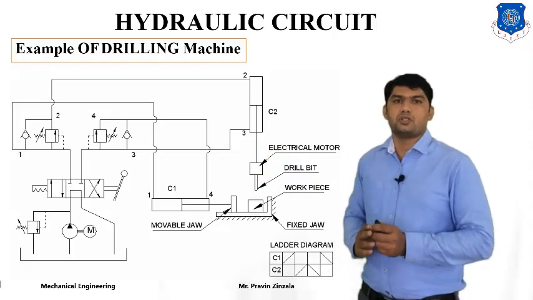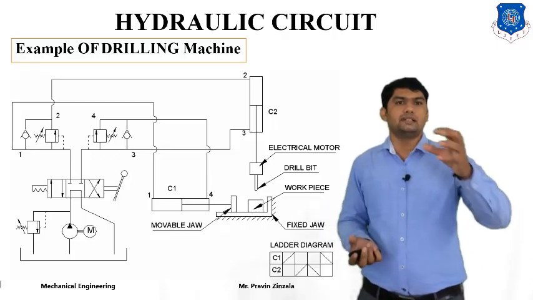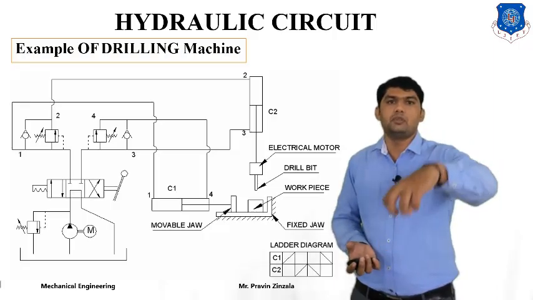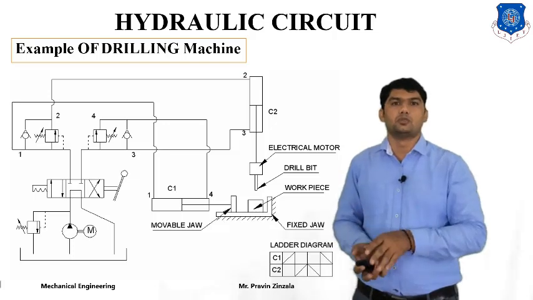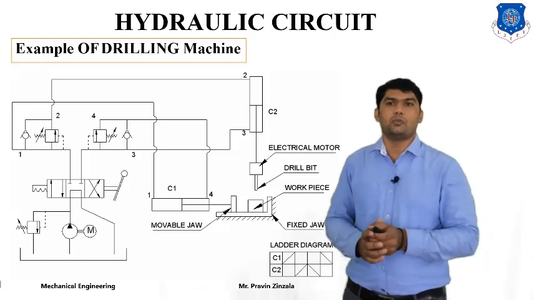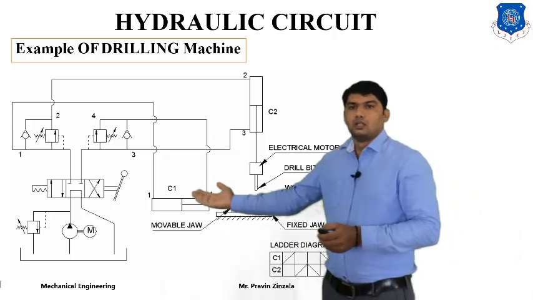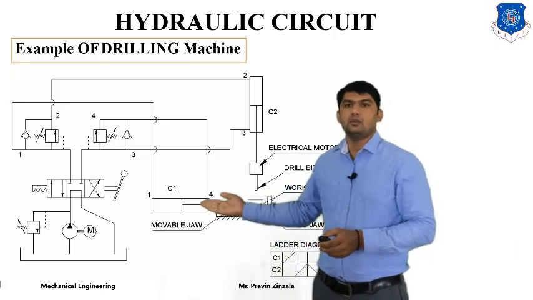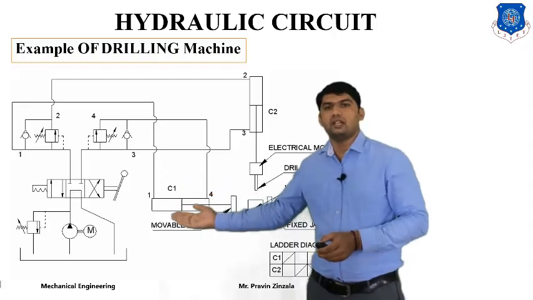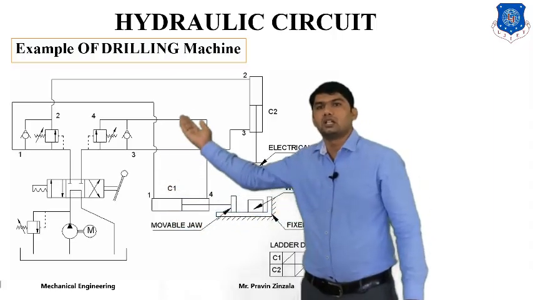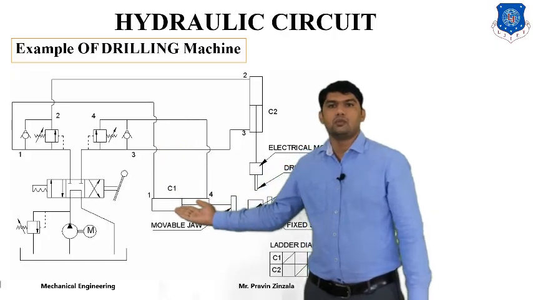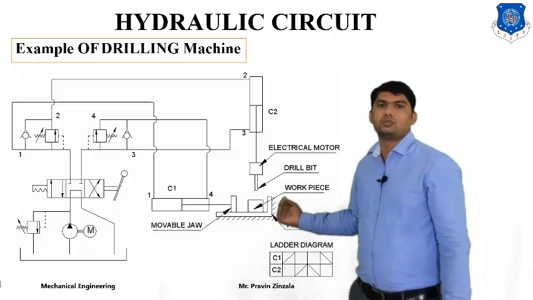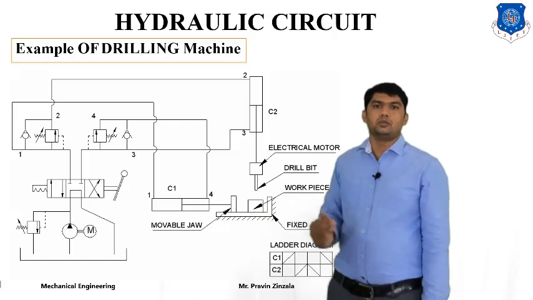So what happens? In sequence, first of all we have to insert the object, and then it will be in drilling position. In the second position, the drill will move up and our object will move out. So this is our sequence of operation. In the first position, P will be connected to the first line of the cylinder. Whenever the pump starts, it will supply fluid to this line, fluid will pass to cylinder number 1, and cylinder number 1 will extend. It will supply force to our object and the object will come into position.